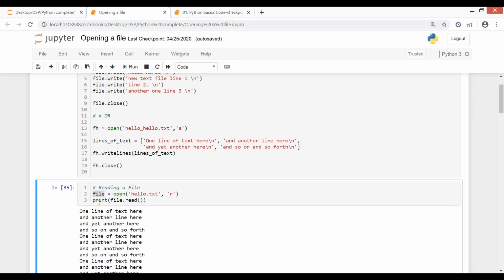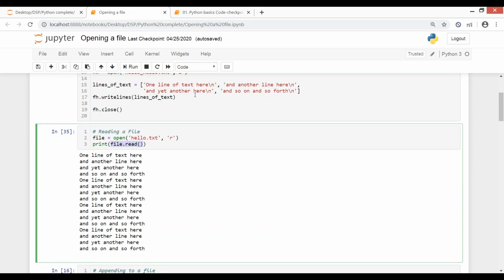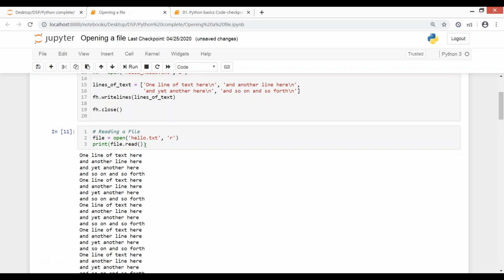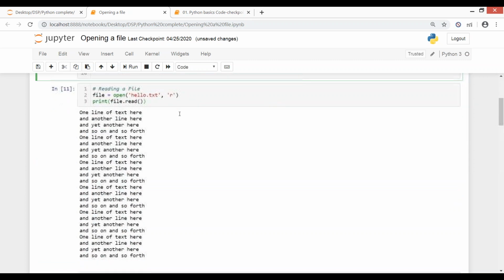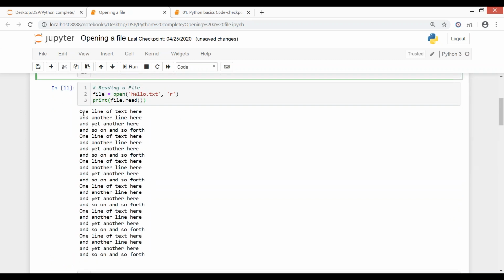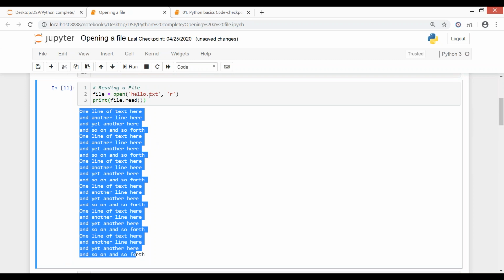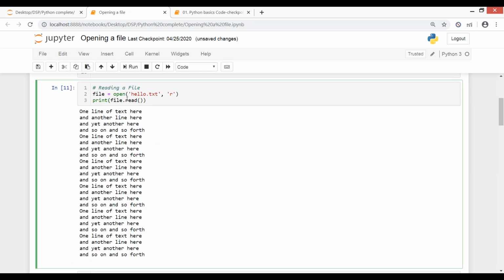And I can do it this way as well, that is print and file.read. So जो भी इस hello.txt में था, as it is getting stored into this object file, and now I'm reading this object. Like I'm reading file.read, and .read is again an inbuilt function. And when I'm printing, you see with append हमने जो किया था last, this was the append command जो हमने last यहाँ change करके किया था. You see, I have added so many lines of text here, and I'm able to see all of them. And I'm using this R operation here, and I'm reading this complete file in one go.